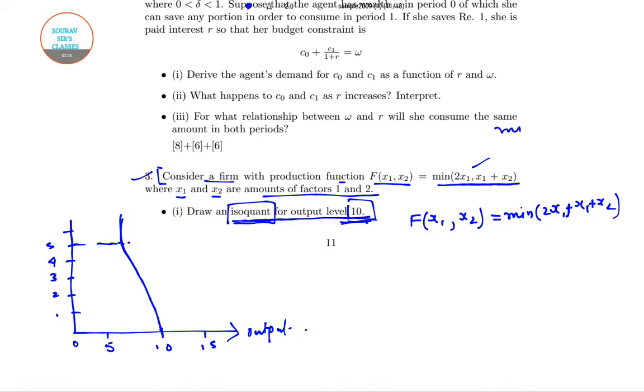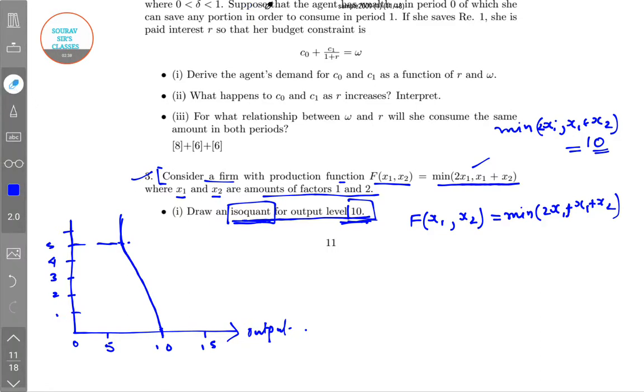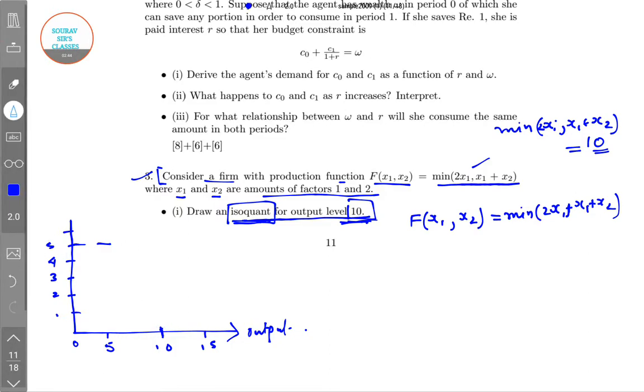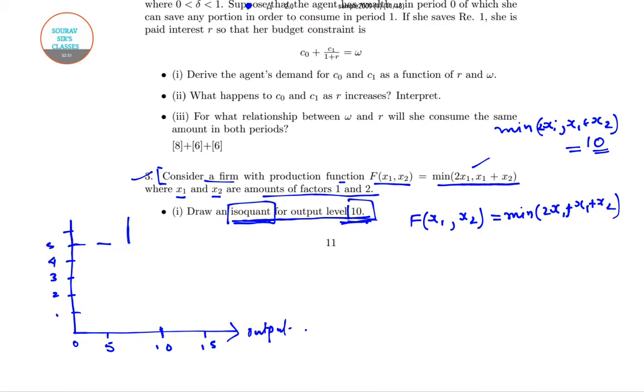Because here the minimum of 2x1, x1 plus x2 will be equal to 10. So at this point, what will happen? Up till 5, it will be a straight line. Now from 5, it will become a tangent. So there will be a kink point at 5. Why so? Because, as you can see,